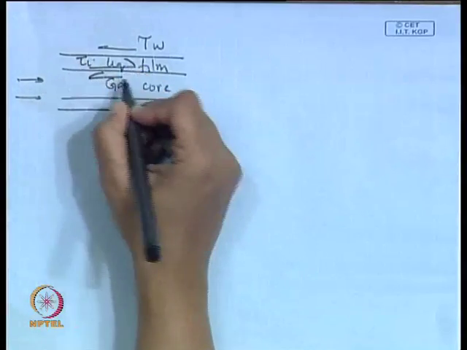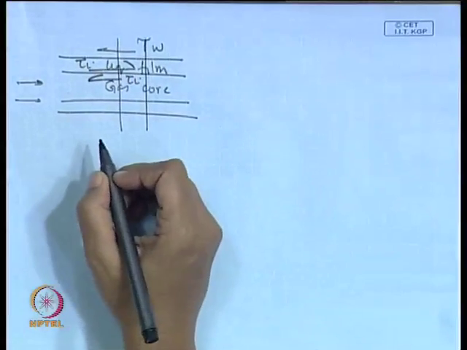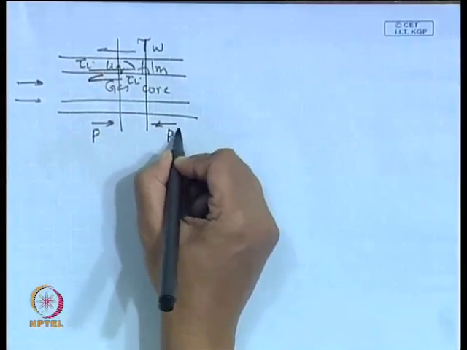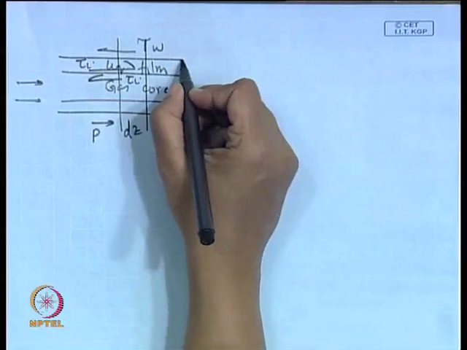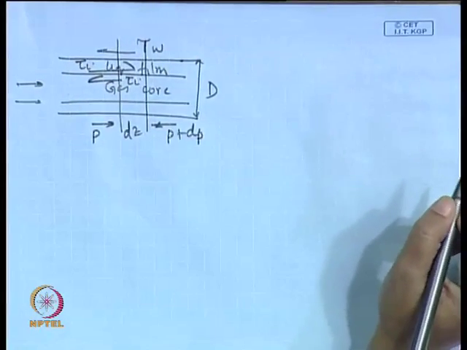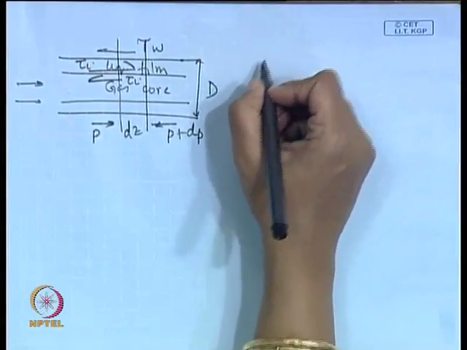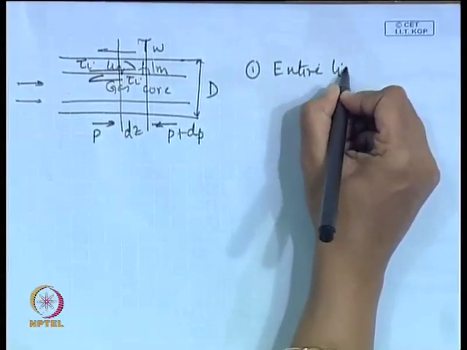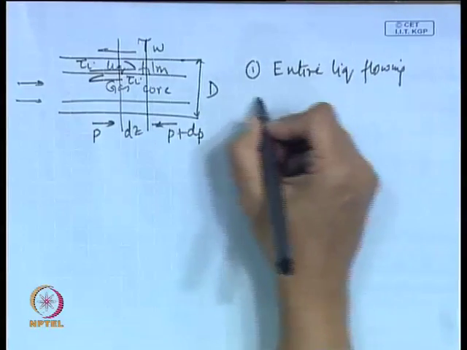Fine. This is tau I, this is tau I, and just like I do in the single phase flow case, here it is P, here it is going to be P plus dP, and this is a dz portion. The entire pipe diameter is d. Agreed? Okay. So, in this particular case, the assumptions which we have, and I have already discussed them, entire liquid flowing as